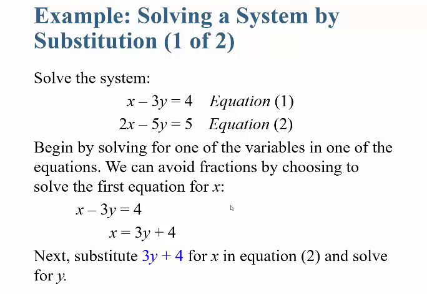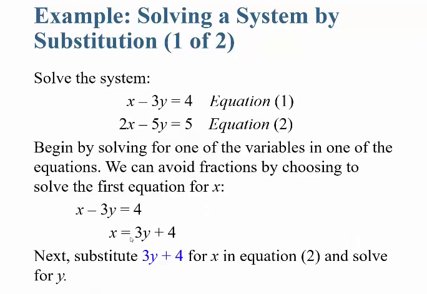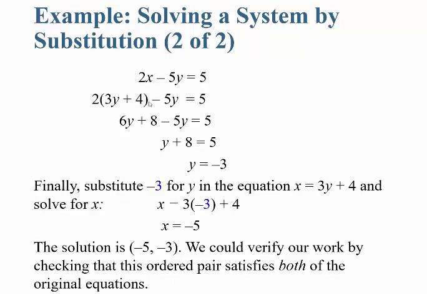So the next thing you're going to do is substitute 3y plus 4 for x into equation 2 and solve for y. So when I do that, here is my original second equation, 2x minus 5y is equal to 5. Well, I know x is equal to 3y plus 4. So wherever I see an x in that equation, I'm going to plug in 3y plus 4. You can follow the algebra here very easily to see that this single linear equation solves for y is equal